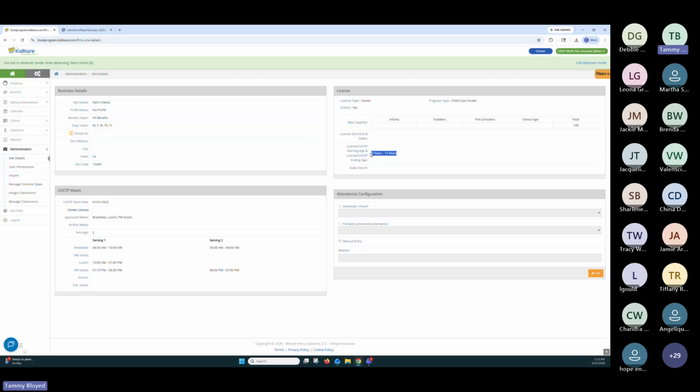So regardless of how old you are accepting the children, 12 should be your cutoff unless you're an at-risk program or if you have IEPs for those children, and do make sure you actually have the IEPs on file. Otherwise, even if your license goes up to 16 or 18 and you're not an at-risk program, go ahead and knock your license down to 12 just to cover you and make sure that you're not claiming the others.